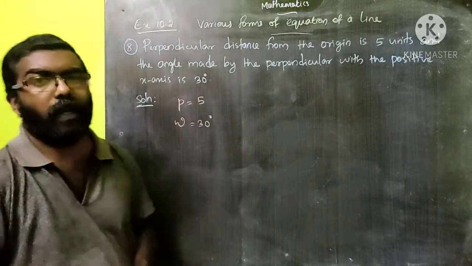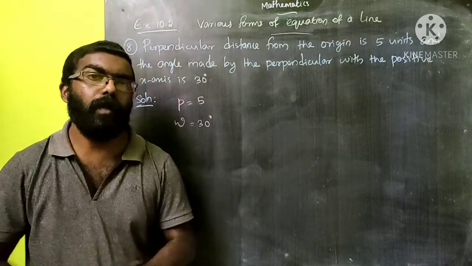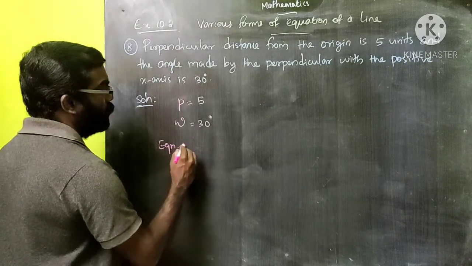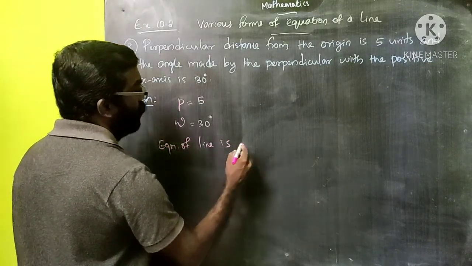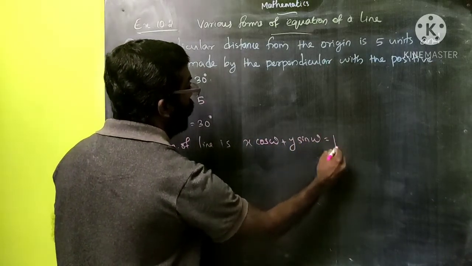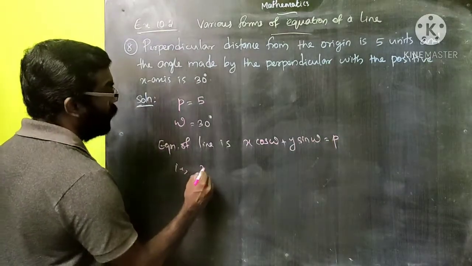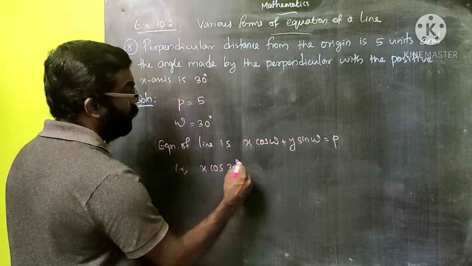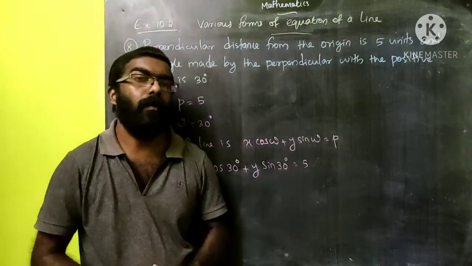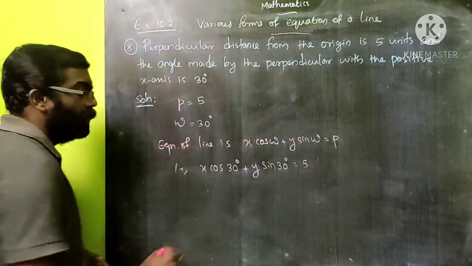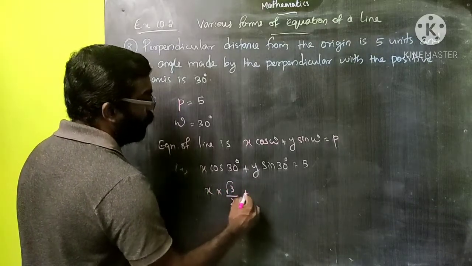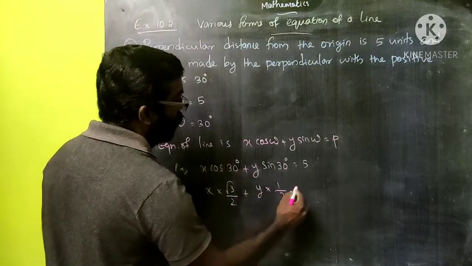And what is the equation of a line in normal form? x cos omega plus y sin omega is equal to p. So we can write the equation of the line as x cos omega plus y sin omega is equal to p. That is, x into cos 30 degrees plus y into sin 30 degrees is equal to 5. Now we can replace the values for cos 30 and sin 30. Cos 30 is root 3 by 2. So x into root 3 by 2 plus y into sin 30, which is 1 by 2, is equal to